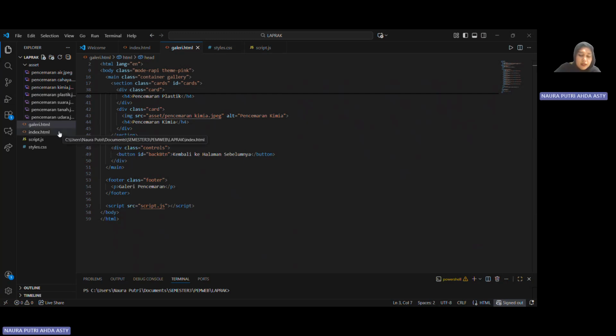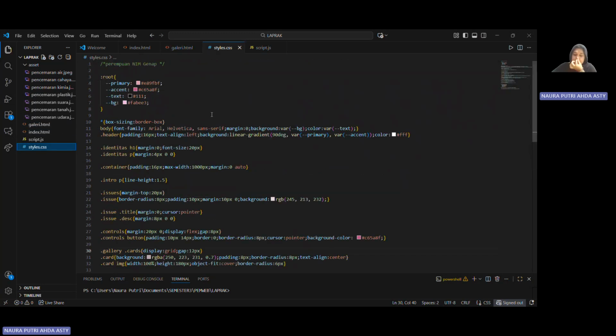And the next one I will explain is CSS. In line 3, I use root to define the color variables, to make it easier to set the colors.